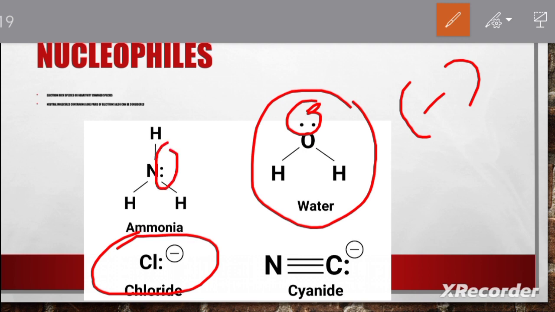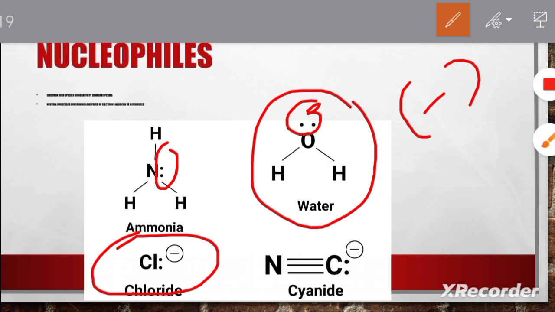Here you can see nitrogen has two electrons, that means one lone pair. In the H2O molecule, oxygen has lone electron pairs. So we consider molecules with lone pairs of electrons to be nucleophiles. Here ammonia, water, chloride and cyanide ions are considered as